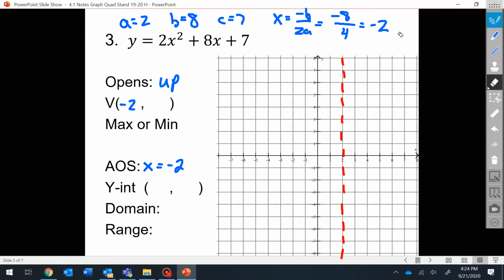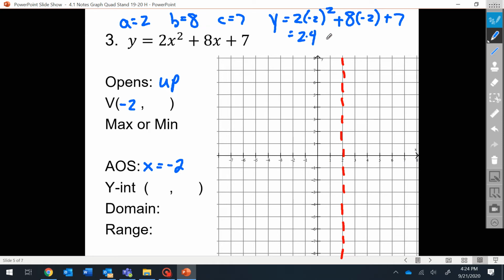And then, now that I found the axis of symmetry, I'm going to get rid of this because now I need to use the equation and my x-coordinate to find my y-coordinate. So y is equal to 2 times negative 2 squared plus 8 times negative 2 plus 7. So 2 times 4, negative 2 squared is 4, minus 16 plus 7. So 8 minus 16,